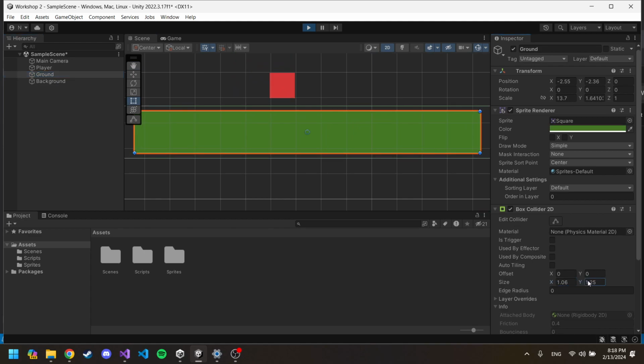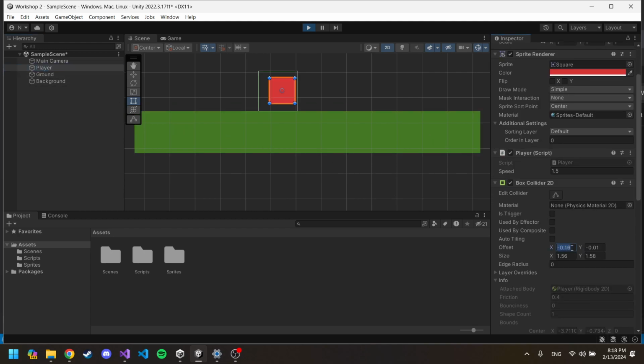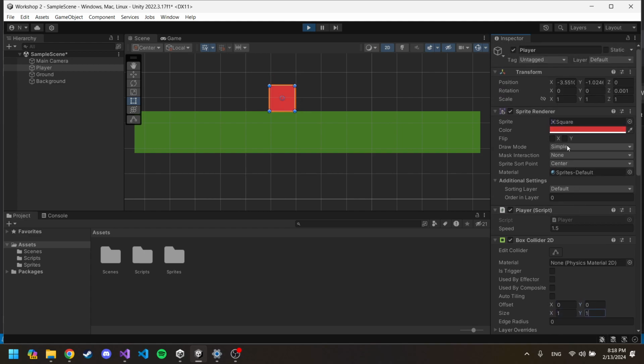Like on the x-axis, on the y-axis, you're going to see that it's reacting differently. Just be sure to play around with it to get more comfortable with it. And if you're done with it, just return the offset to 0 and size to 1. And also, one other thing I want to mention is that